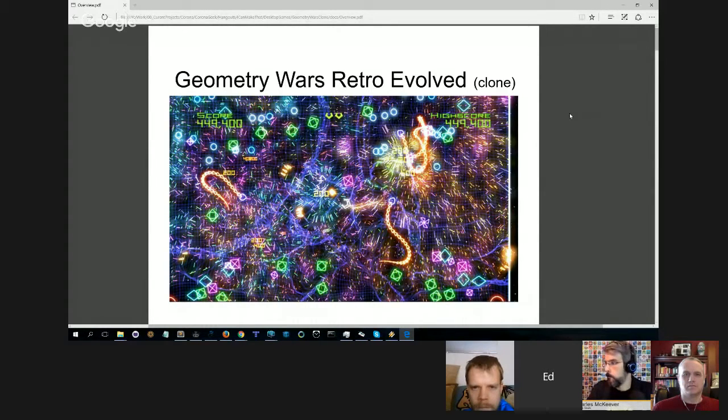But this time around, I want to really focus in on a game that represents the target. And so our target for this game is a twin stick shooter that also has some nice elements. Geometry Wars Retro Evolved came out, I believe, in I want to say like 96, but it could have been before. Anyways, I'm sure there's a wiki on it. It's quite an old game,